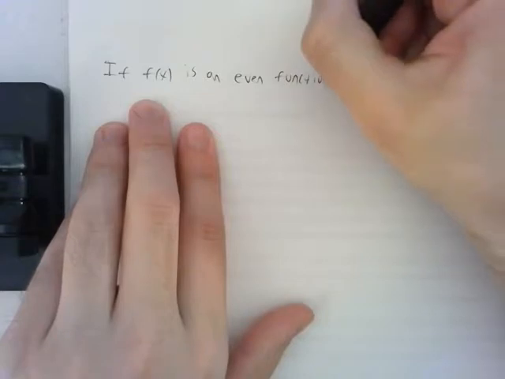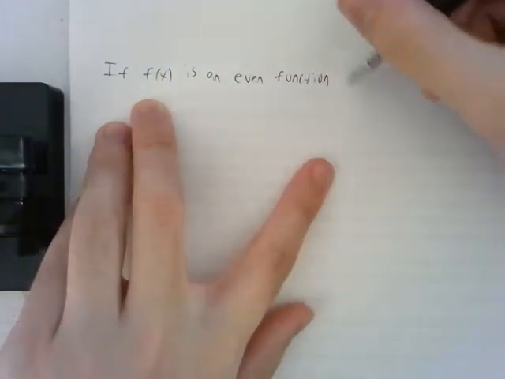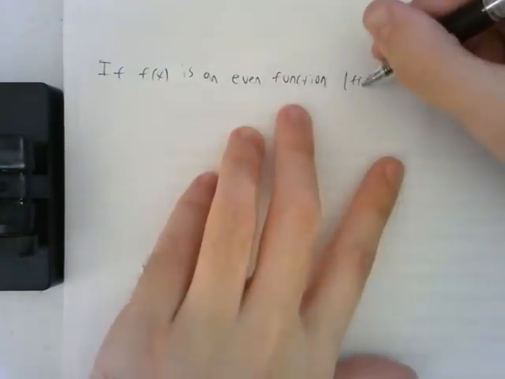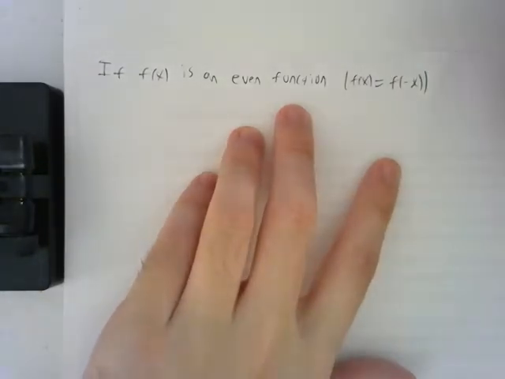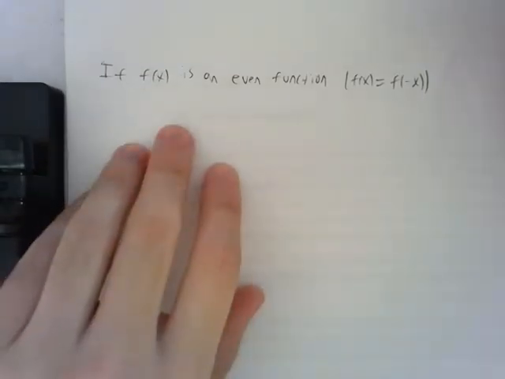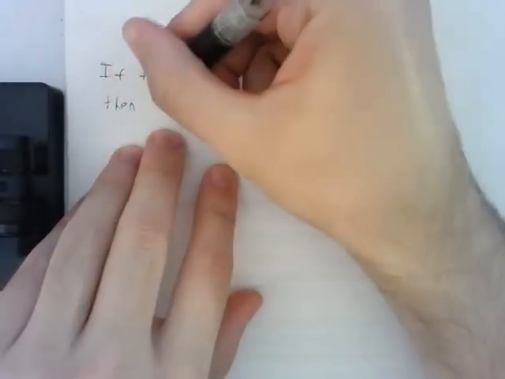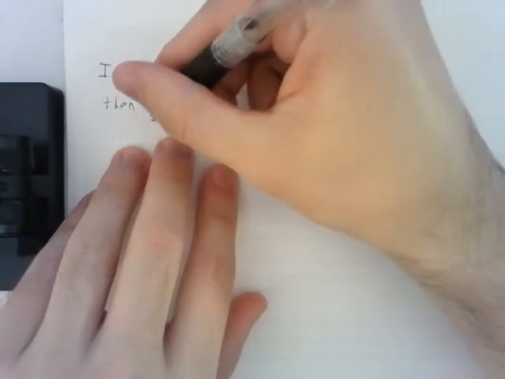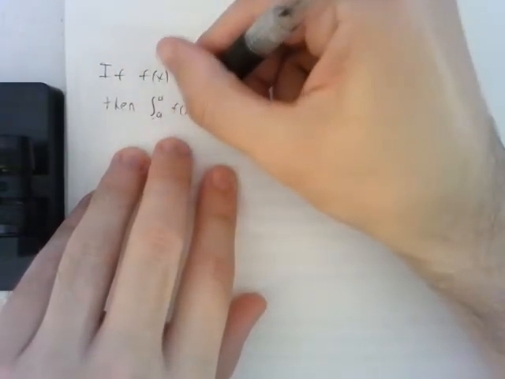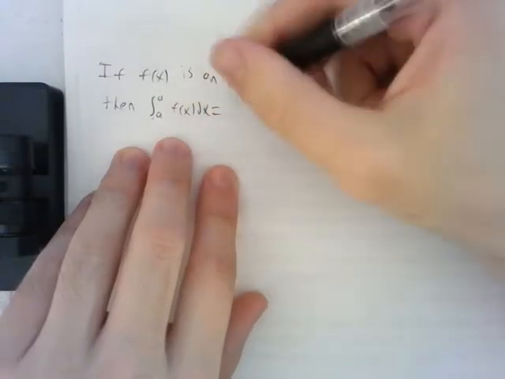So remember, even means that f of x is equal to f of negative x for all x values. So if we have this, then the integral from negative a to a of f of x dx is equal to 2 times the integral from 0 to a